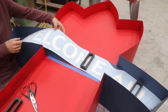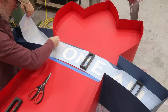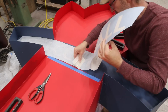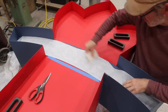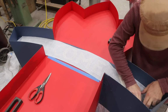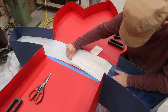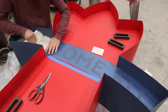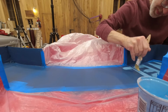I thought this was a really nice technique too. This is Oramask, I believe, and he cut it on the vinyl cutter, and he's using transfer tape to lay down what will become the letters behind the neon. Now, each one of these letters in the old times would have been hand painted, individual letters with a lettering brush. But it's interesting how Wesley lays it down, and he uses it as a mask, and he hand brushes